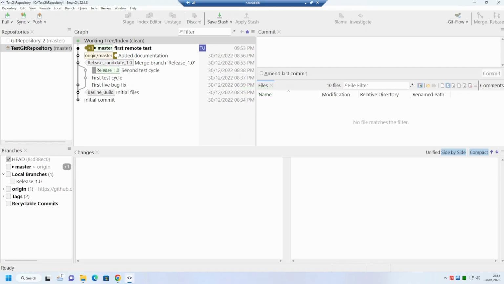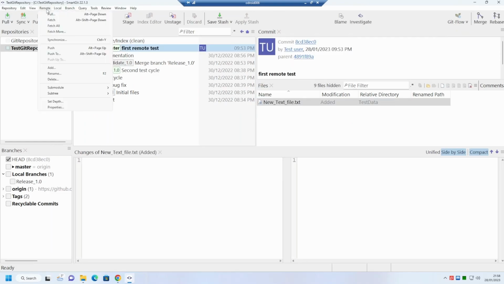The graph window shows that the local branch called master is now out of step with the origin branch on GitHub. We can use the push button on the toolbar to push our changes up to GitHub. As you will see, our local repository is now back in sync with GitHub.